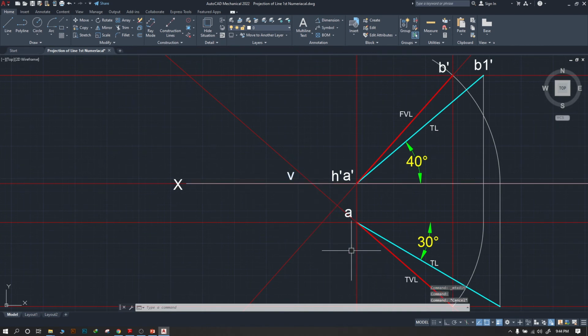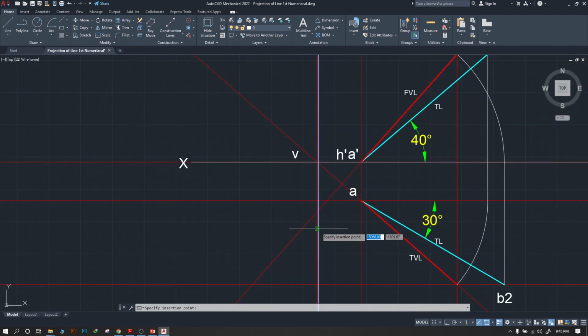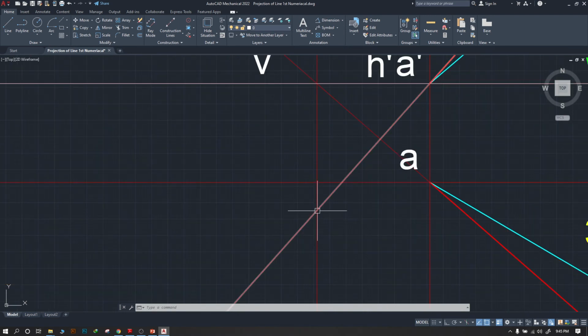Okay, similarly we know that the projector which is drawn from the v point, we get the ht dash on the same projector of v. Okay, that is the vertical line projector from the v, and where we find the ht dash point is where the front view length and the v dash vector length get intersected. So at this point these two lines are intersected. So that point is our ht dash point.